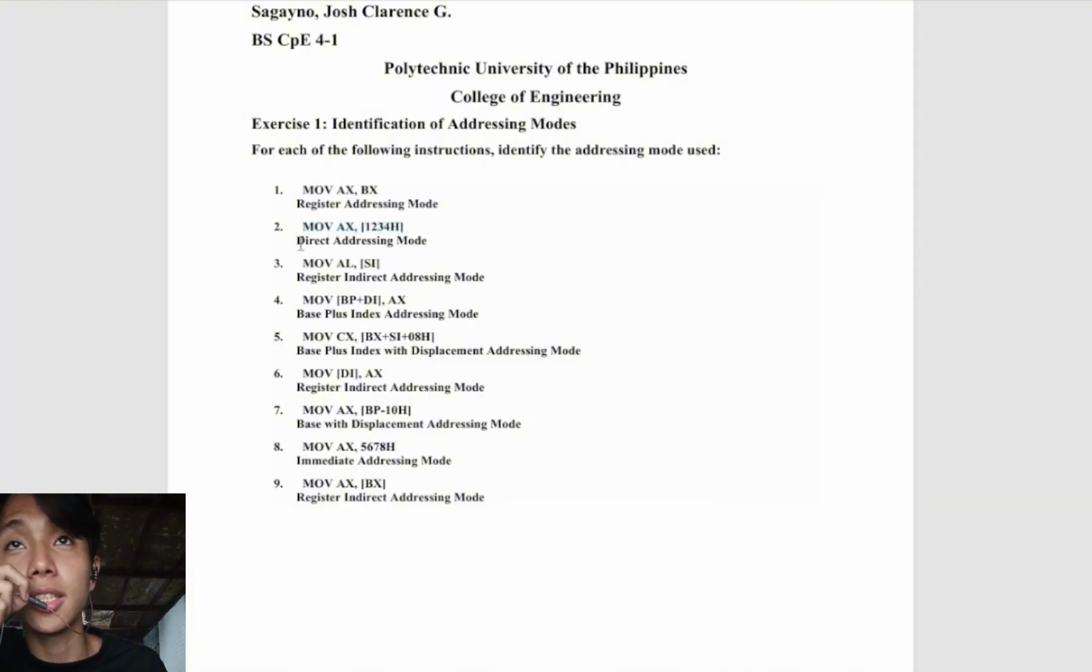My answer to this is direct addressing mode. And why is that? Because here the memory address is written directly inside the instruction, which is the 1234. This means the CPU does not need to calculate anything. It just goes straight to memory address 1234 and gets the value. So for number 3,